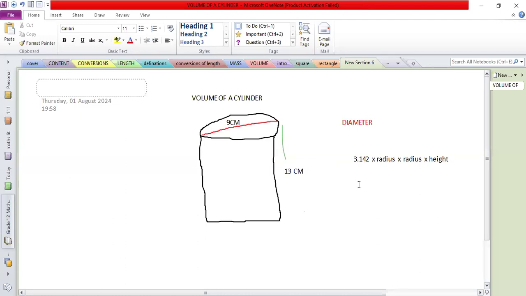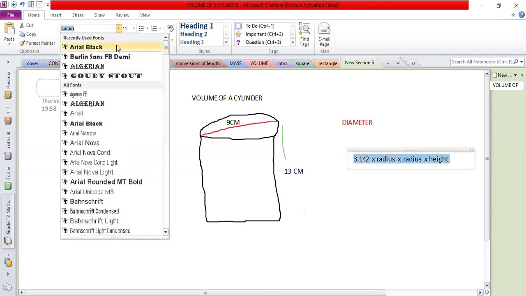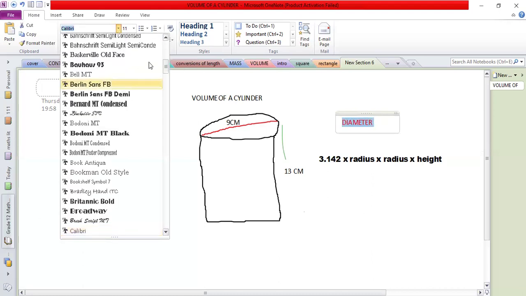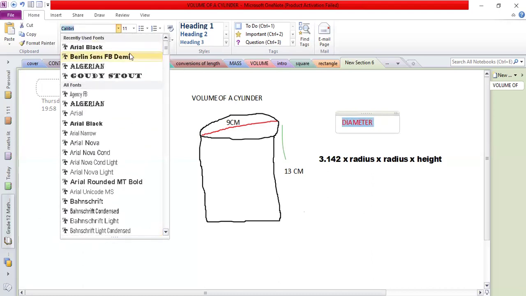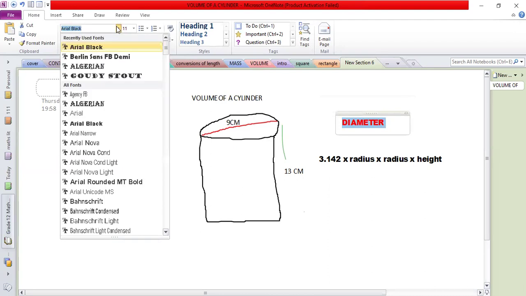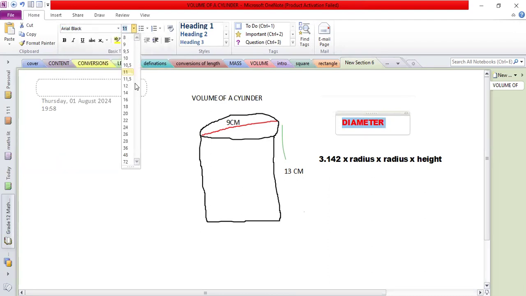So class, can you please calculate for me the volume of this cylinder? Many people are going to get it wrong, and I know why. Let's calculate this so that we'll be done with volume. What is the volume of this cylindrical shape? I want to see your calculations on the answering chat where we write our answers. Just go there and write your answers. It is not that difficult.